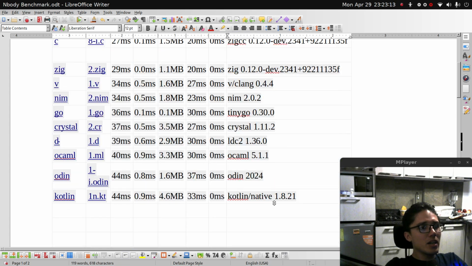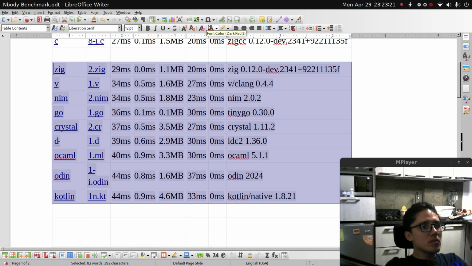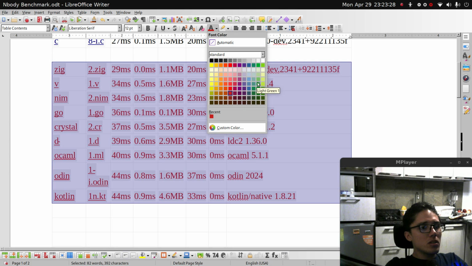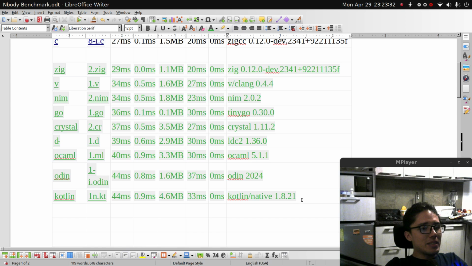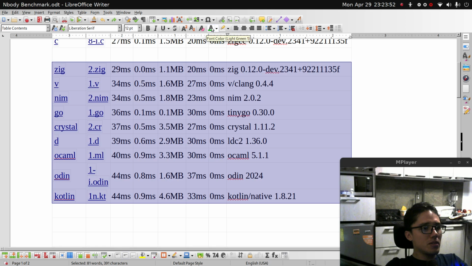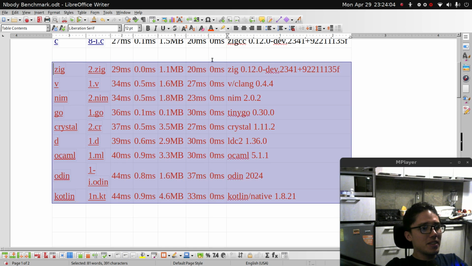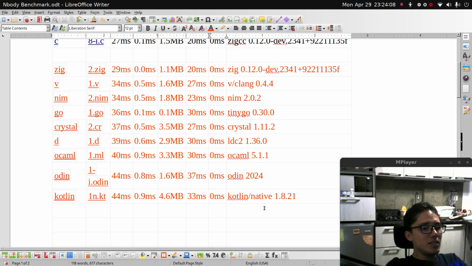I don't know what I'm doing here. I'm trying to change the color of these guys. Font color. We have that. Can we put it green, light green? Doesn't look that great actually, but okay. So these languages right here, red. Okay, maybe it's because I did the other thing before that. So, orange brick. Okay, so these languages